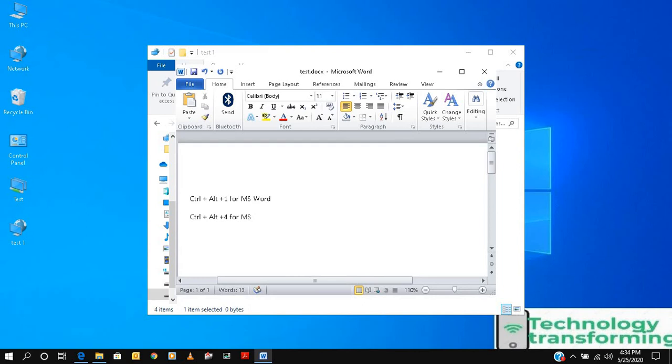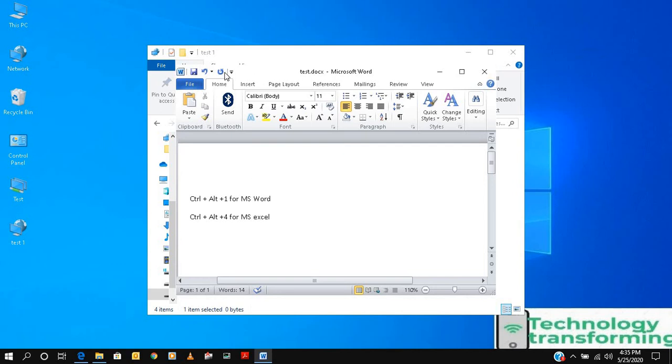If you want, you can write down how we create a shortcut for any program. You already know, so if you want, you just go back and see, then you can also create it.